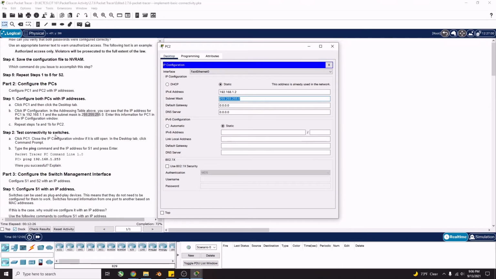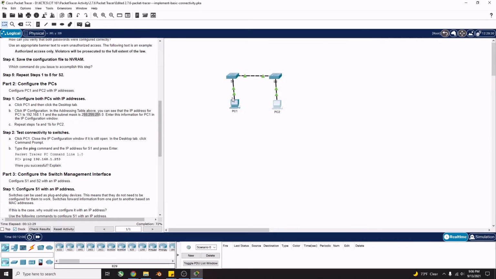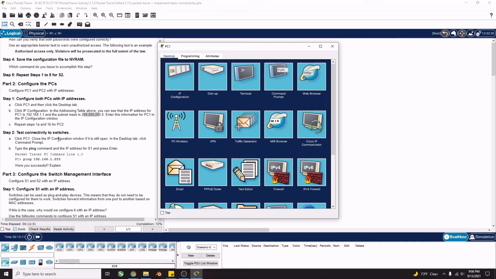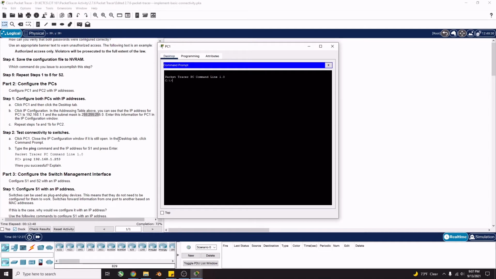Step 2, test connectivity to switches. X out of here. Click PC1. Close the IP configuration window if it is still open, which we just closed. In the desktop tab, click command prompt. Here's the desktop tab. They want us to go to command prompt. Just click there. Type in the ping command. So ping and the IP address for switch 1 and press enter. So it'll look like this. They give you the whole command right there. So type in ping